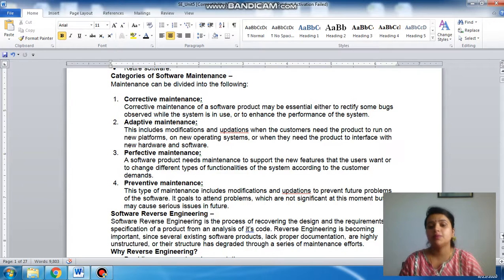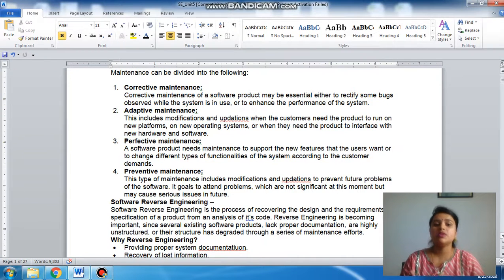It attends to problems which are not significant in the system now but may cause serious issues in the future. Means, for example, we know that in a particular program this particular block can generate a problem.